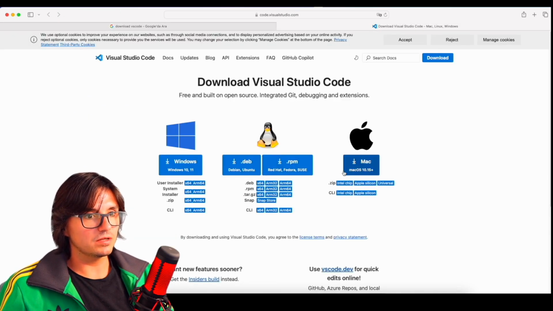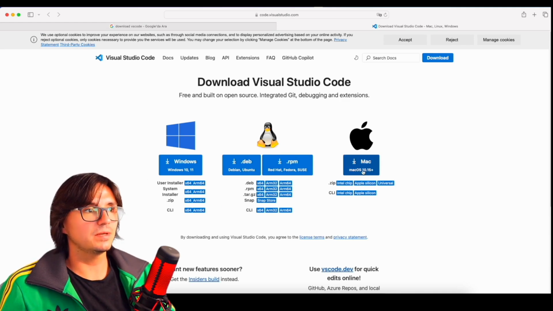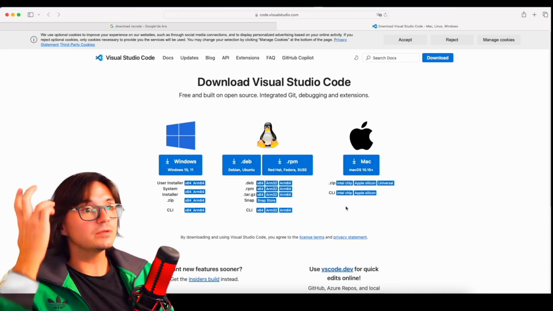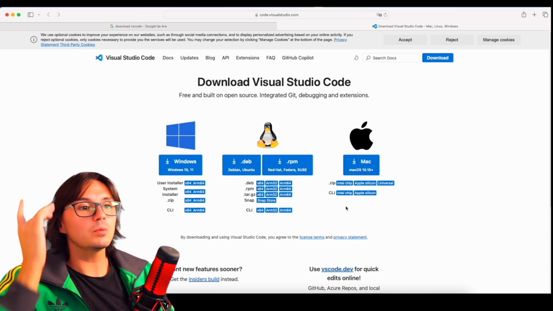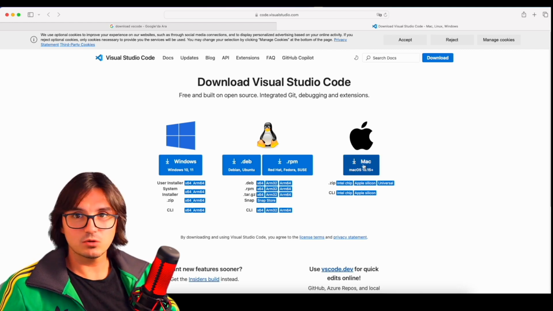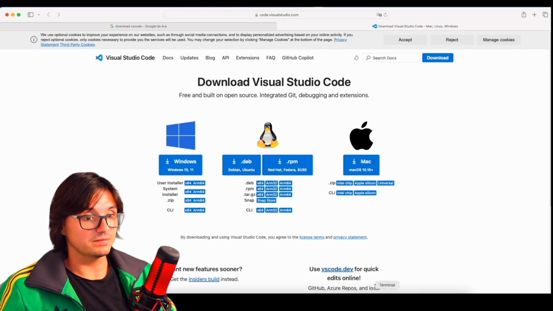and download it, no matter if you have Linux, Mac, or Windows. For example, I would download it for Mac and install it on my system, but it's already installed. That's why you download. And don't worry too much about what is for what, just download it. Our task is to download everything. Let's say you downloaded VS Code. What we need to do first is open this VS Code.